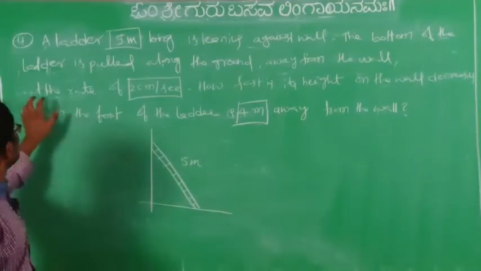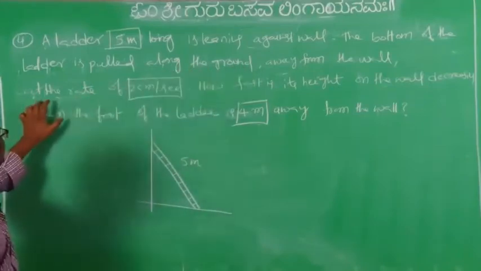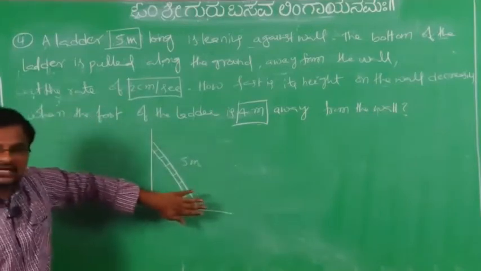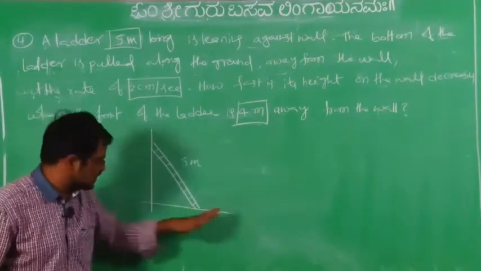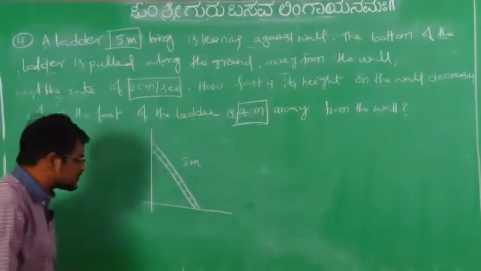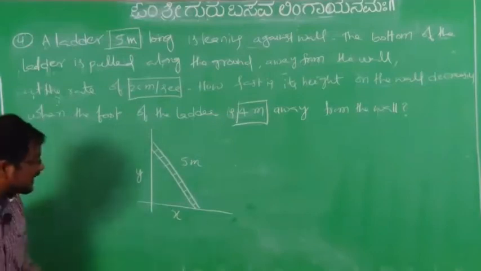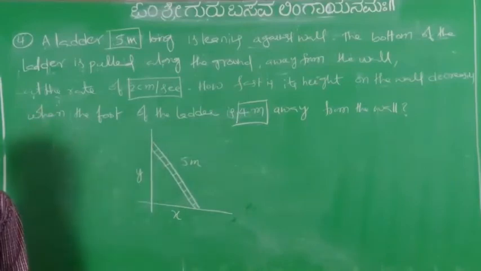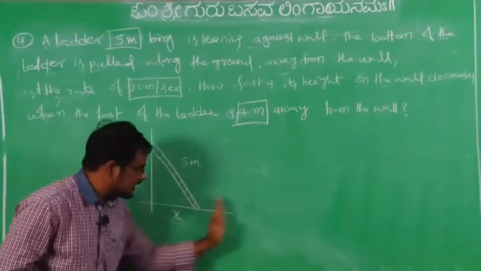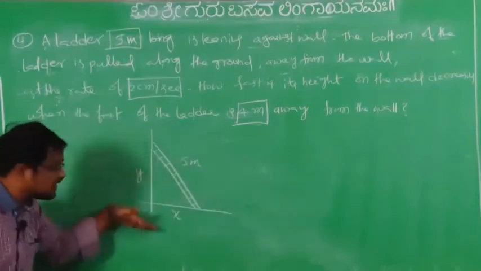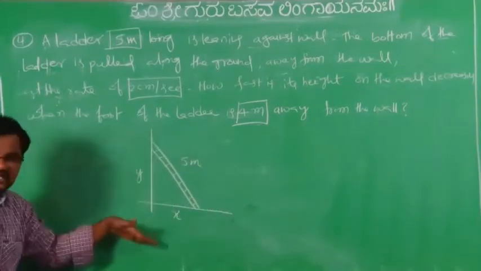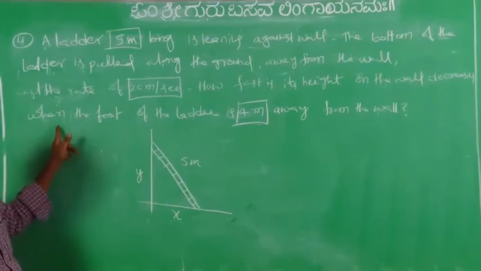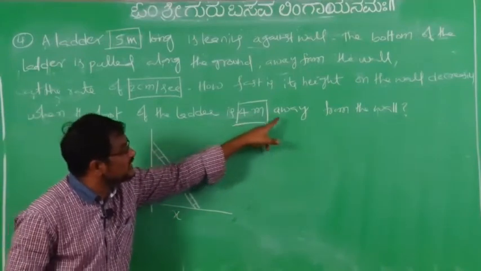Next what they given? It is increasing at the rate of 2 centimeter per second, means if you pull the ladder along the ground away from the wall, suppose if you take this as x, this as y, what they given? dx by dt given, because with respect to time it is increasing. If you pull along the ground, x will increase and y will decrease, means x increasing, y is simultaneously decreasing. So that only asking how y is decreasing when the foot of the ladder is 4 meters away from the wall,